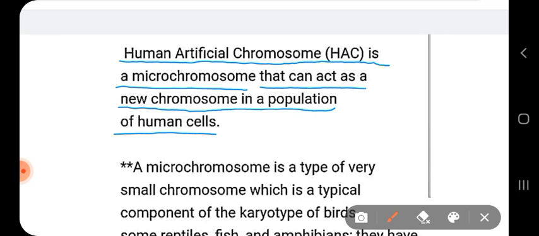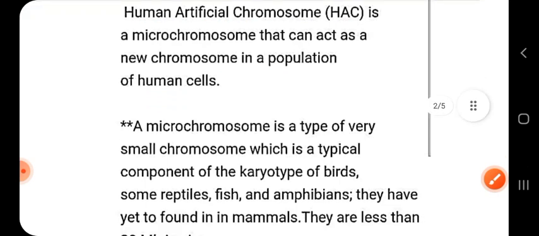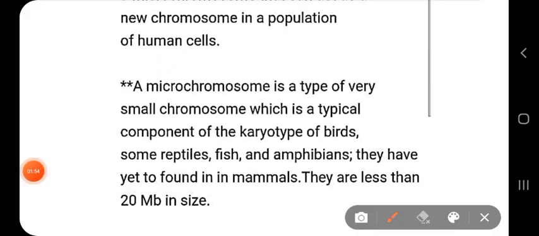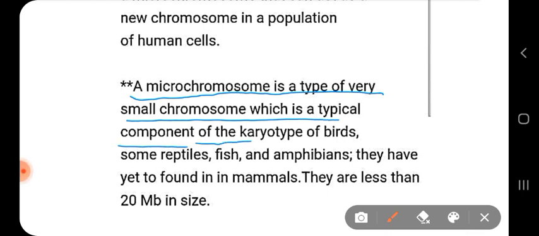So, what is a human artificial chromosome? It is a microchromosome, a small chromosome, that can act as a new chromosome in the population of human cells. So what does microchromosome actually mean? Microchromosome is a type of very small chromosome which is a typical component of the karyotype of birds, some reptiles, fish